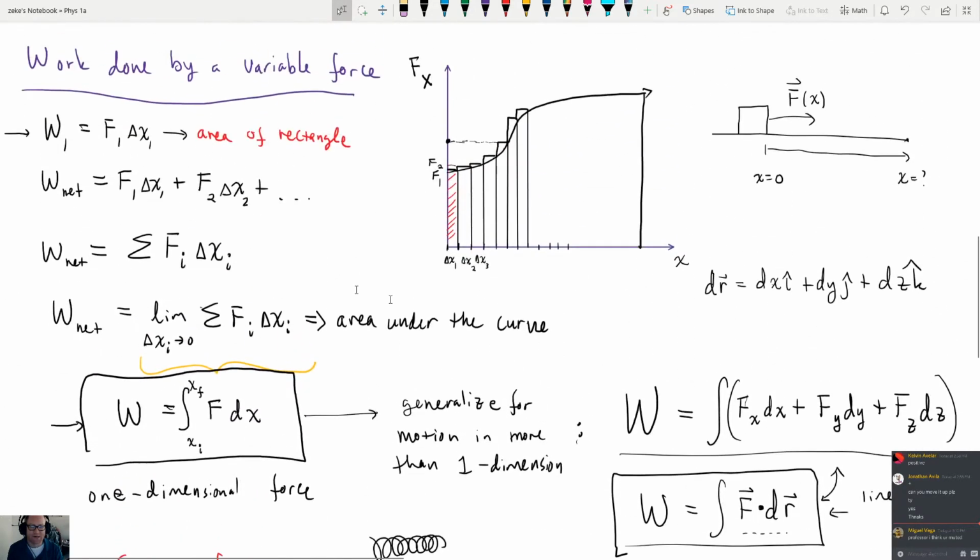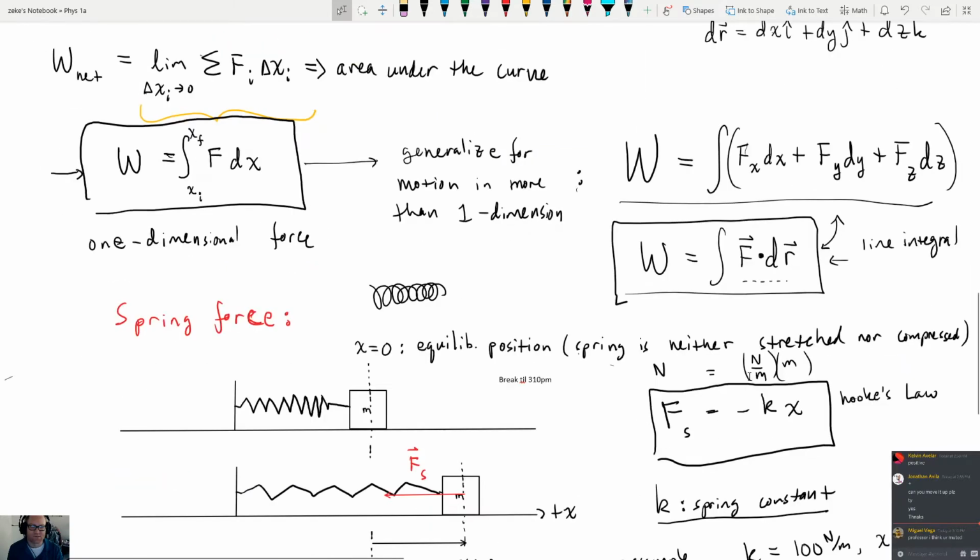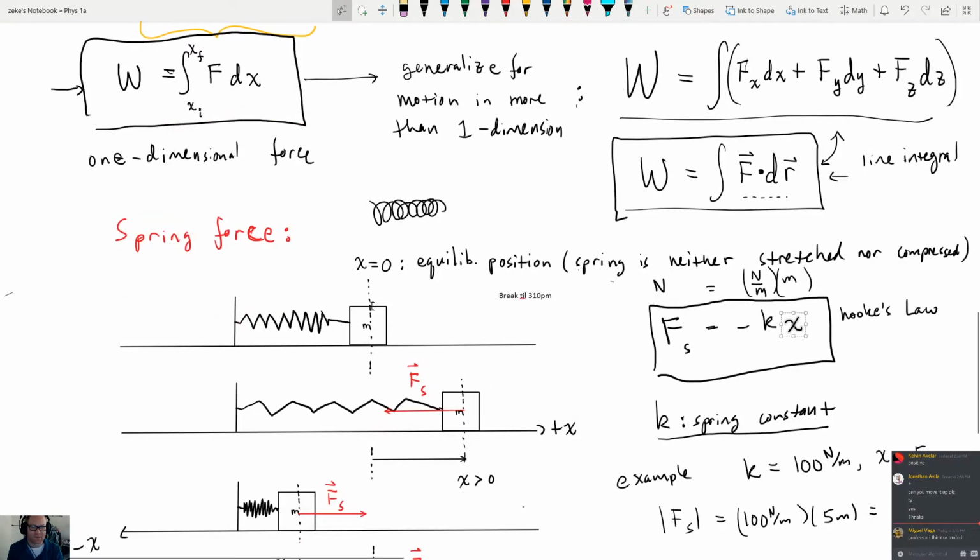And to tie this back to what we were doing, we were wanting to calculate the work done by a variable force. So the spring force does in fact meet those criteria of being a variable force, because the force is going to change with x. If an object starts from equilibrium, you stretch the spring and pull it to the right, then the spring is going to exert a force back to the left, and the farther you stretch it, the bigger the force gets. So this is a type of force that does in fact vary with